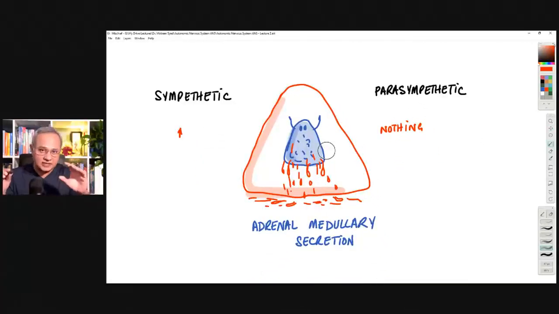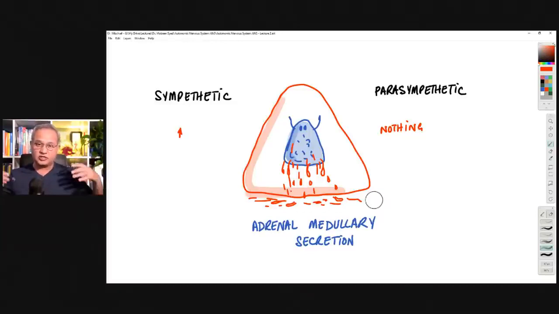Suprarenal glands, the glands that are sitting on top of the kidneys. The center of these glands is called the medulla. Medulla is composed of, we had that discussion in the autonomic nervous system anatomy yesterday. Medulla contains rudimentary neurons. And when the sympathetic system comes and relays on the medullary cells, they produce norepinephrine and epinephrine, and they release that in the blood. So blood will have epinephrine, norepinephrine, and as I said before, epinephrine, norepinephrine will then go and